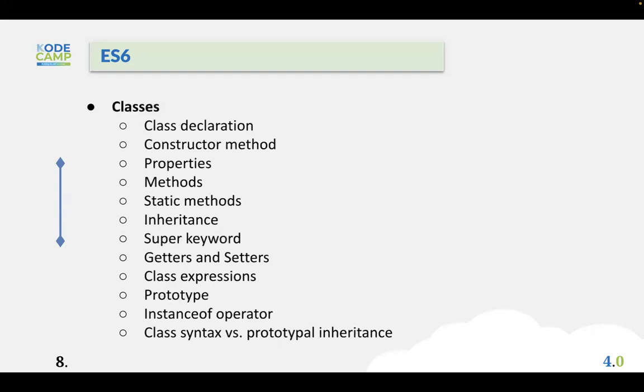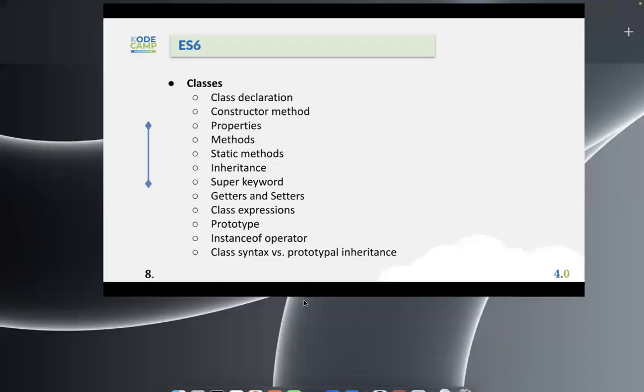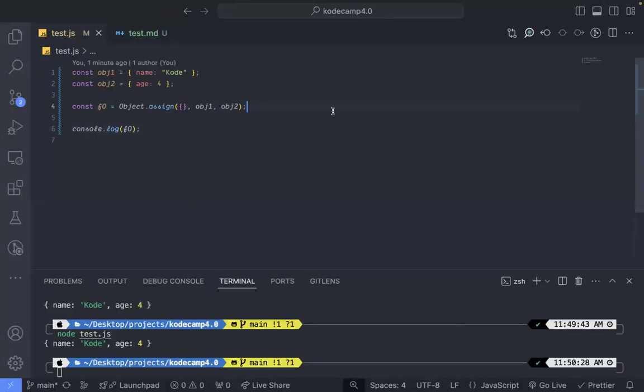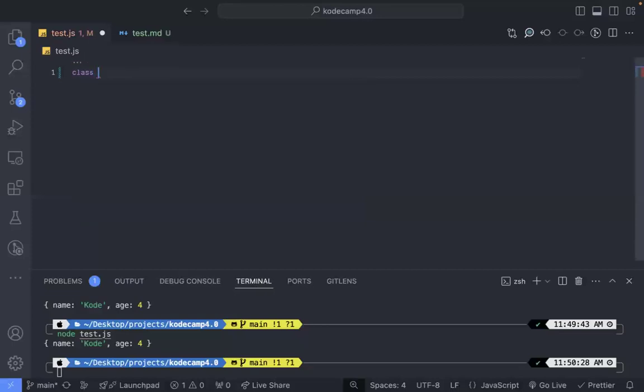So moving on, we have classes. Classes provide a way to create blueprints for objects. So they encapsulate data and behavior that define the characteristics and actions of objects. In defining classes, we first of all start with the class keyword and the class name, and then open and close curly braces. And then we have a constructor